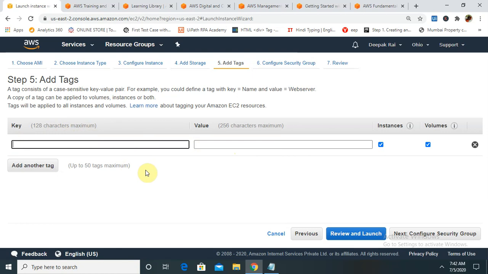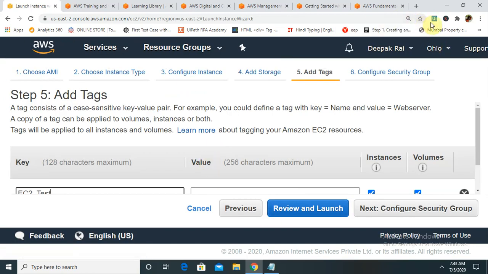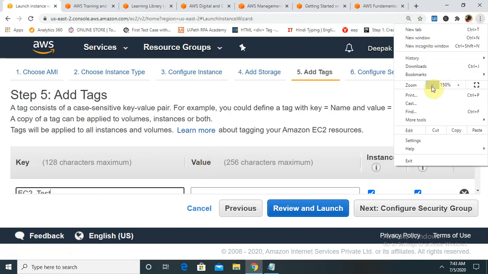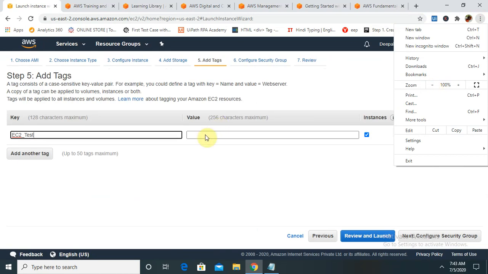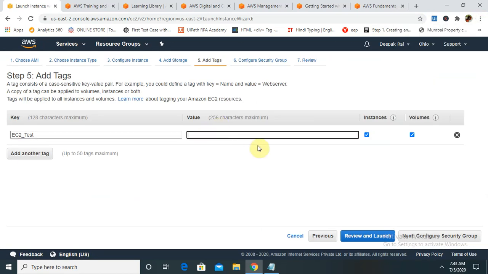Tags will be applied to all the instances and the volumes. So let's give the key EC2 test. I am giving it a value test.